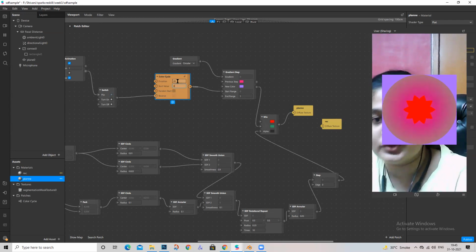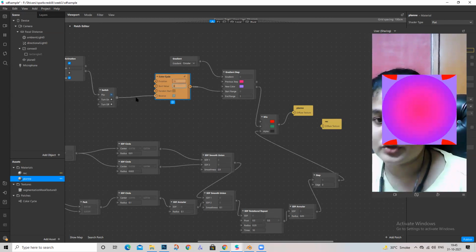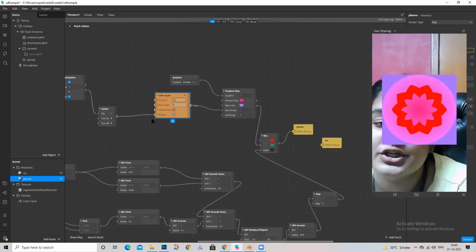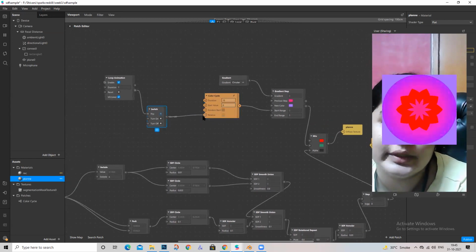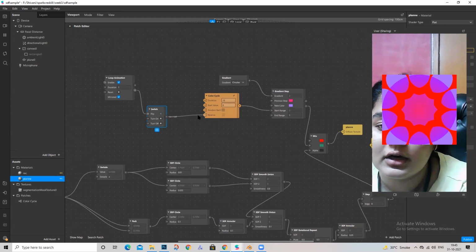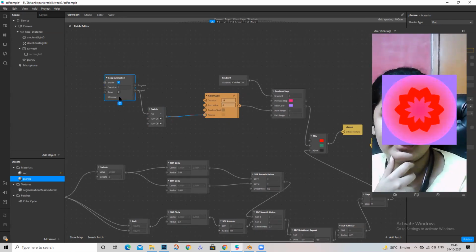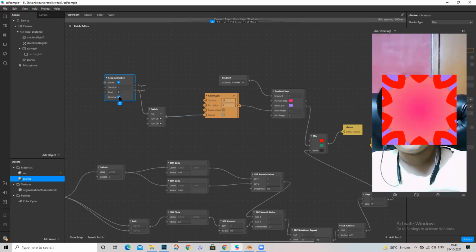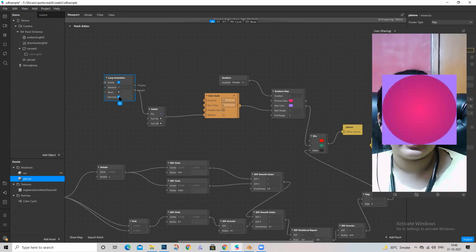So we kept it at 15. Then we used an animation patch. We connected animation to switch, and we connected it to the color cycle reverse node, and we have mirrored the animation. So once it's a loop animation, the loop will keep running but it will also be mirrored. That's how we get these different kinds of shapes that are happening here.